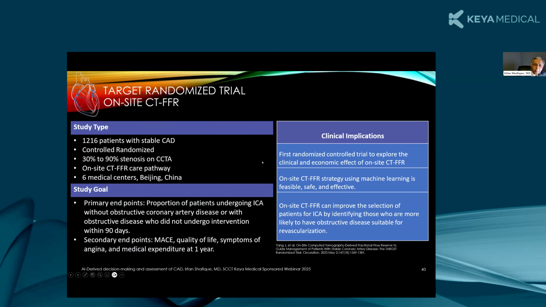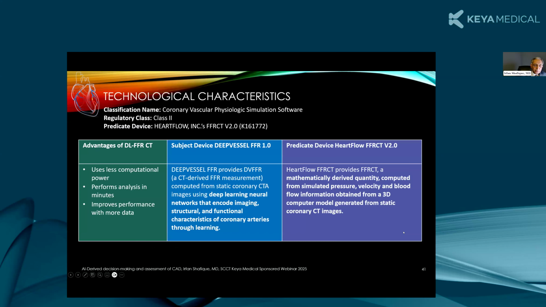So this is another targeted randomized trial, on-site FFR, which tells you that even this controlled randomized study showed that it can improve the selection of patients for invasive procedures by identifying those who are more likely to have obstructive disease for revascularization. So the technical characteristics are really, it uses DeepVessel FFR, uses less computational power, performs analysis in